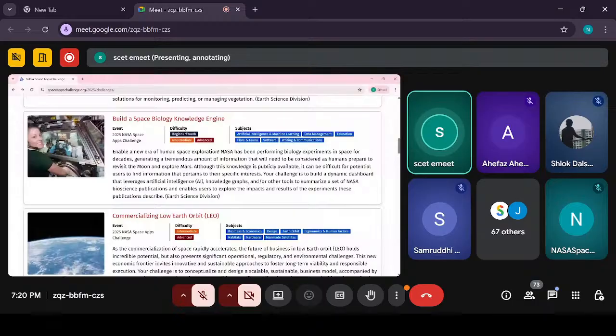NASA has tons of information from decades of experience, but it can be hard to find what you are looking for. So your task here is to build a dashboard that uses AI to summarize these complex research papers and help users to easily explore the results or the data that NASA has. The goal here is to make all the information easily accessible and useful for this current generation, and give them what space explorers have done on the Moon, Mars, and in space as a whole in a very accessible and